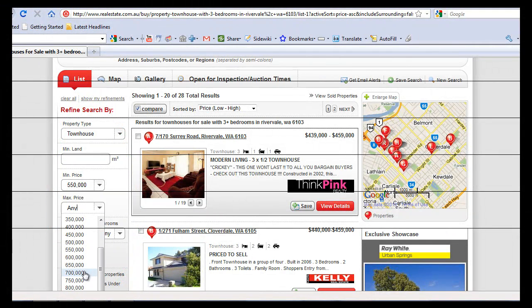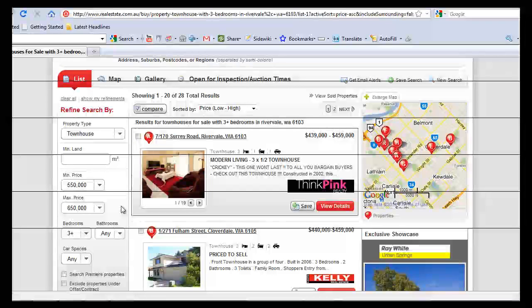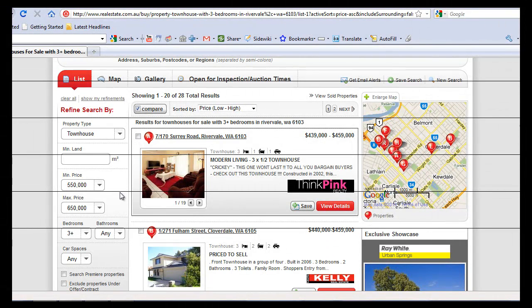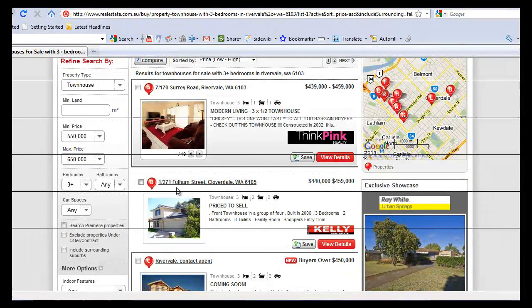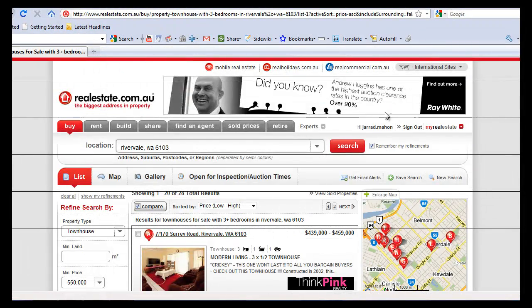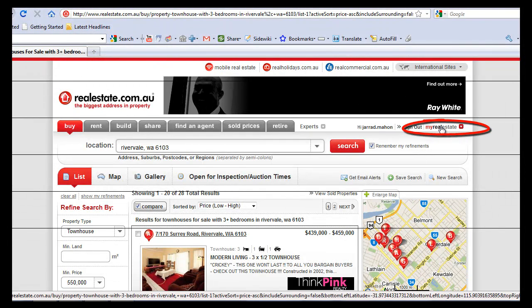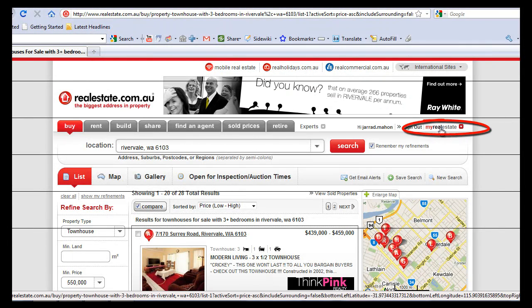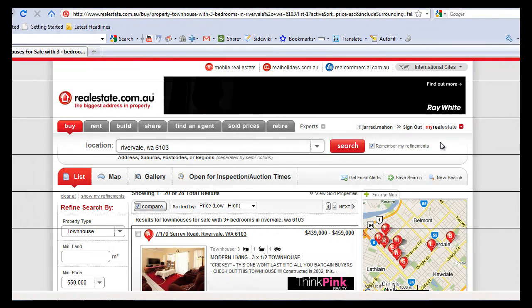and so that we're kept informed when anything new hits the market, all the savvy buyers register what we call an email alert. Now, I'm logged in at the moment as Jarrad Mahon. You just register an account by going to My Real Estate there, creating an account, and then you log in. When you're logged in,